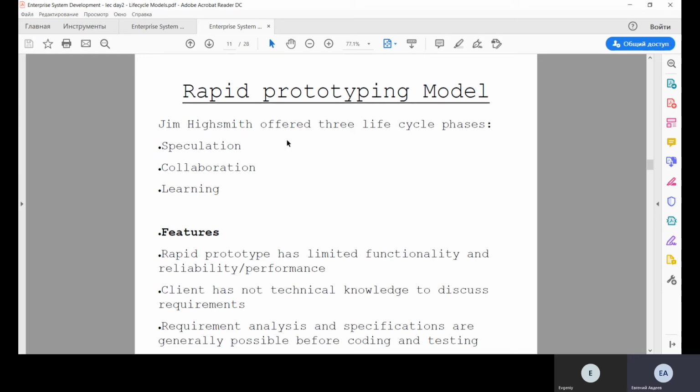So this is not famous, and you will not see lots of information about this model on the internet, but let's talk about it just for example. This kind of model is about prototyping. So we make some prototypes which have very limited functionality, but at the same time we can show these